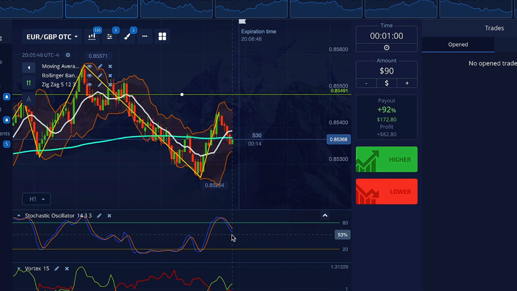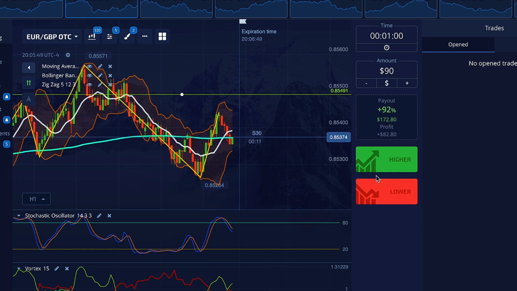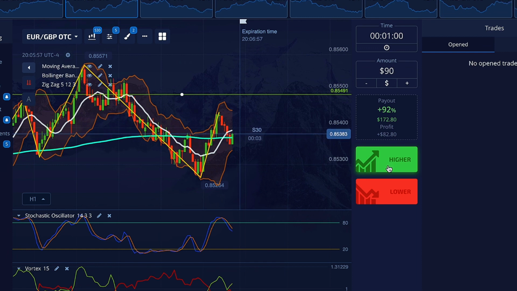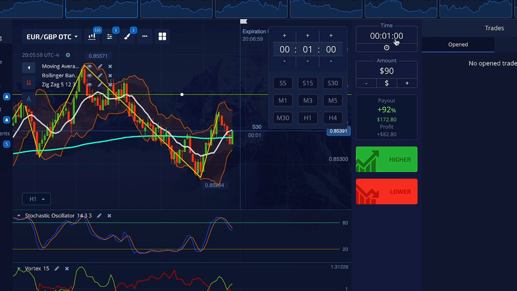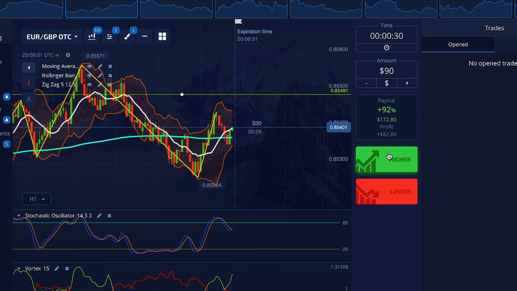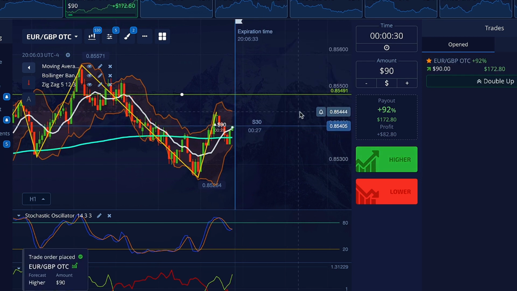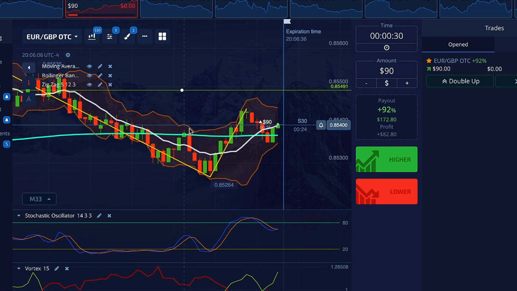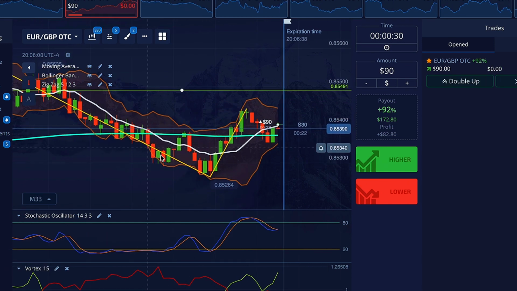You can see that the stochastic is not trying to curve up yet, but actually, yeah, now I'm seeing we have a strong push to the upside. Once it hits that Bollinger Band, I want to go ahead and get in an upwards trade. And we're going to set this back to 30 seconds, and boom, we just hit the Bollinger Band. I'm going to go ahead and place the up, because what markets do, guys,